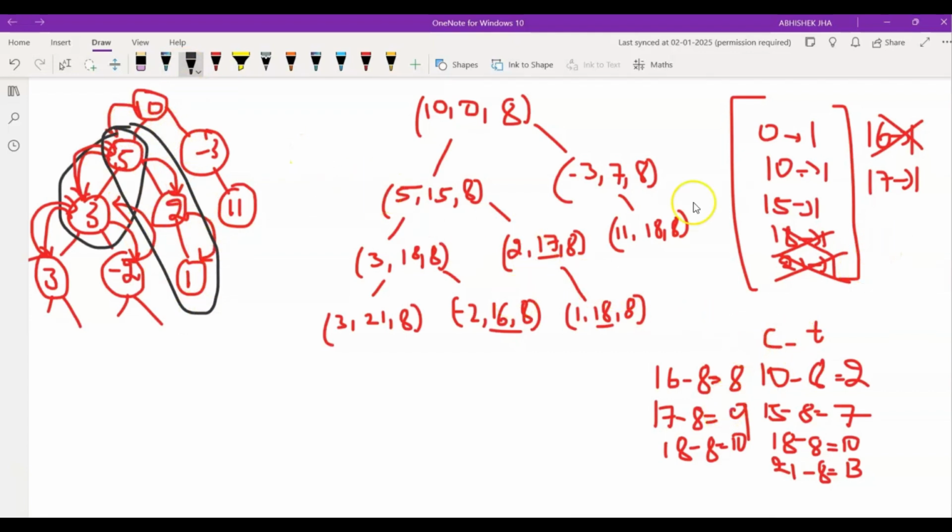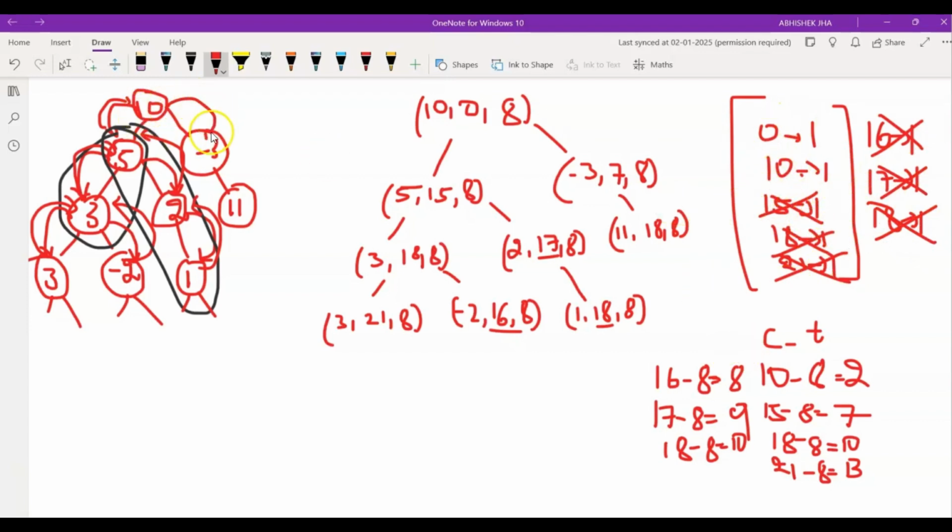So here, after finding this path, we'll store our current sum, that is 18, in our map. Again, since 1 does not have its left child and right child for its recursive calls, it will go back to 2, and 2 goes back to 5, and 5 goes back to 10. While backtracking, we need to ensure that we remove the prefix sums present in our map, that is we'll remove 18, 17 and 15. So now our map has 0 and 10.